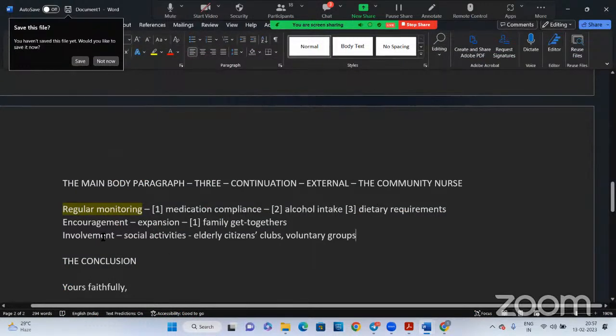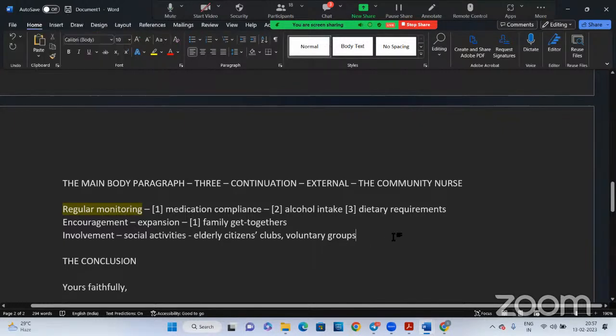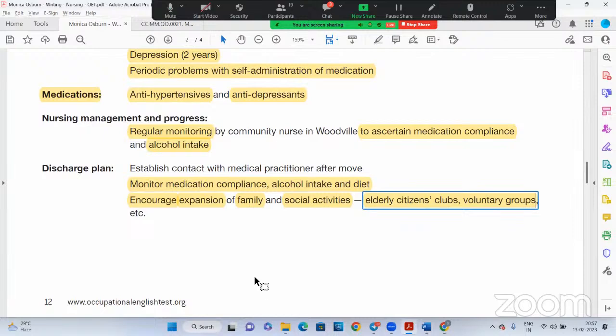So participation, involvement, elderly citizens clubs and voluntary groups, club activities. So these are the things she has to monitor and encourage and involve. Right. So now,